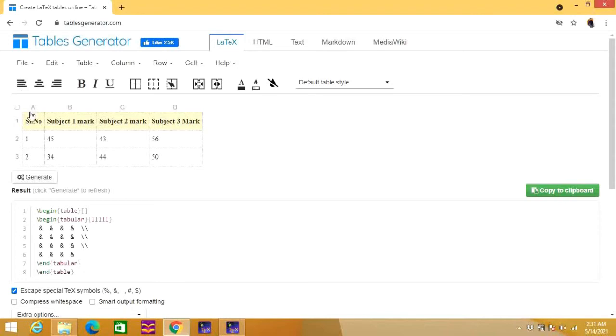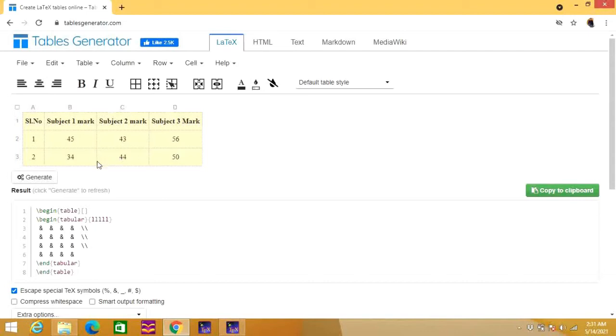Similarly, if you want to do the placement of this table, you can select all these together. If you want to left align, you can use that. If you want to center align, you can use that. If you want to align it on the right side, you can use this. So we are going to use it to center align the table.